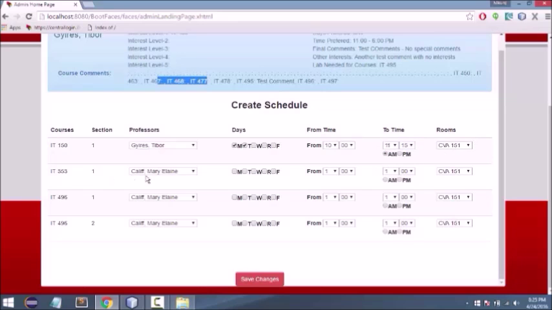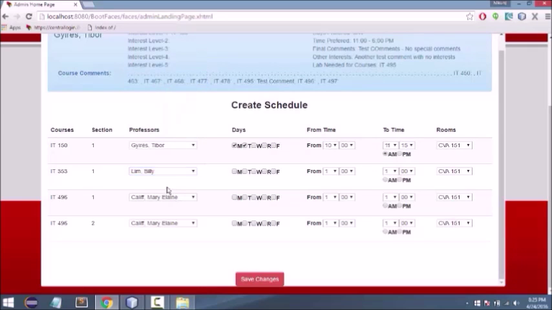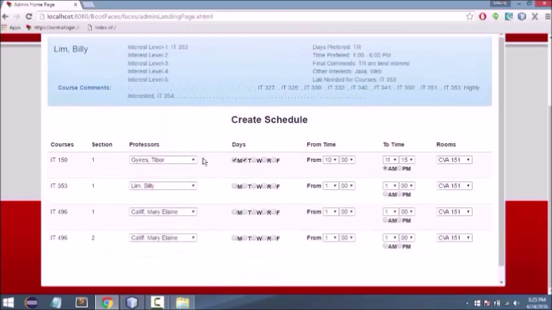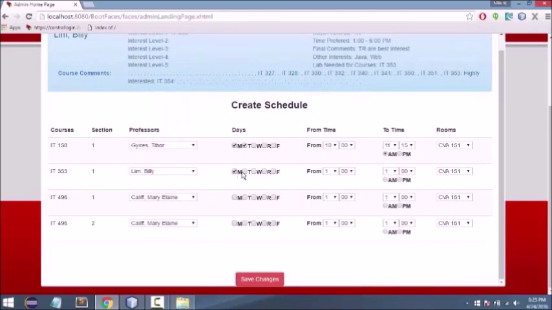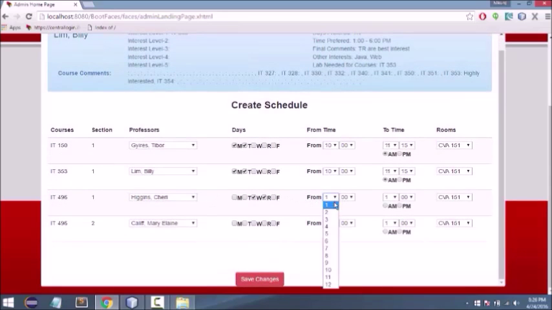in this room, and then let's say for Dr. Lim, IT 353. This will bring up the list for Dr. Lim, and again he wants to teach on this day at, let's say, the same time a.m. Then let's say for Sherry Higgins, let's say these rooms, time 2 to 3